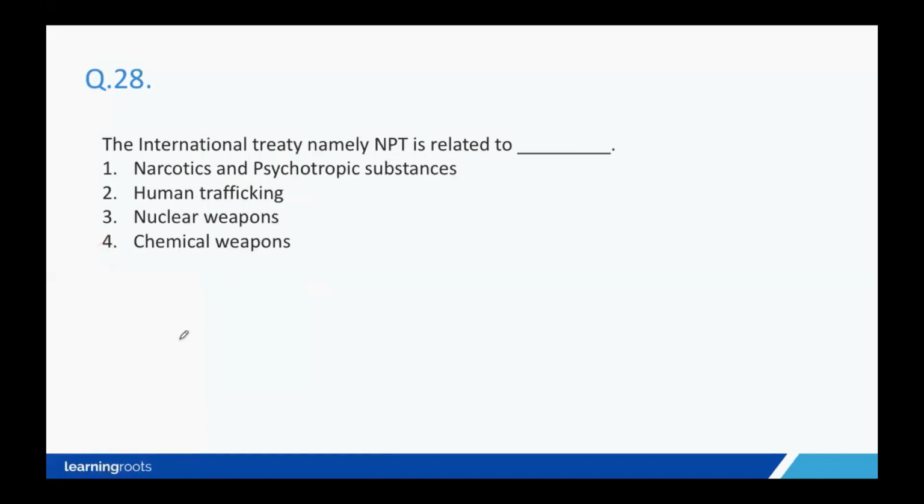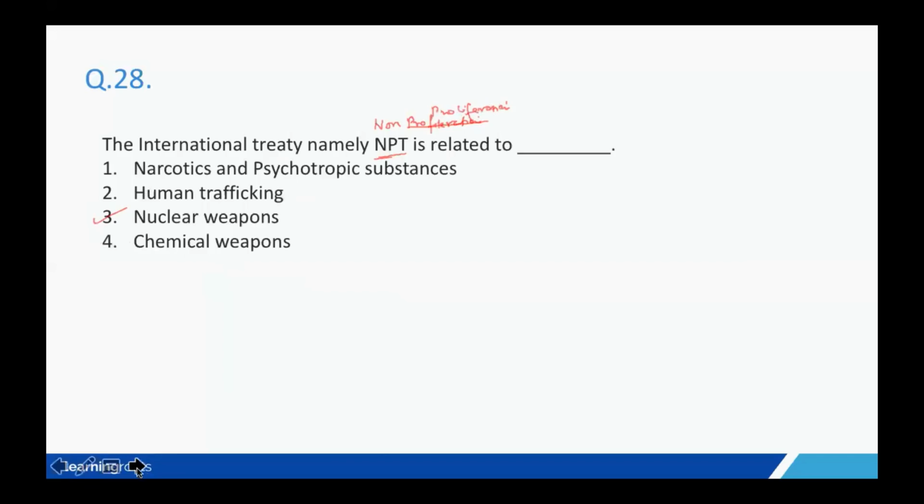Coming to 28, international treaty, namely NPT is related to. So NPT is, again, Nuclear Non-Proliferation Treaty. Okay, I made a spelling mistake there. Non-Proliferation Treaty, and this is related to nuclear weapons. So if a country is not supposed to test nuclear weapons anymore, they will be a signatory to the NPT,